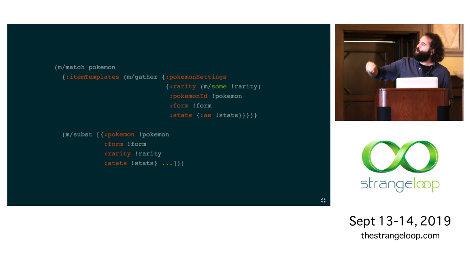And then I pull out their form, because only certain forms, and I pull out their stats. And then here, I'm using another feature of Meander called substitute, where I can say, I'm remembering all of these, and then I can say, hey, make me a list of all of these. For every single time you see a Pokemon, one form, one rarity, one stats, keep doing that over and over again. Make these maps. And so I just took an arbitrary data structure, and now I can very declaratively say,